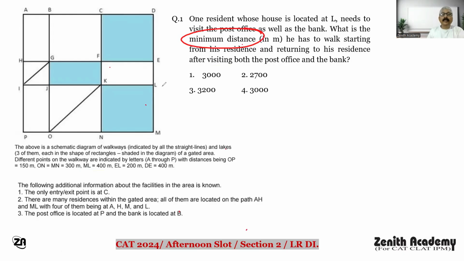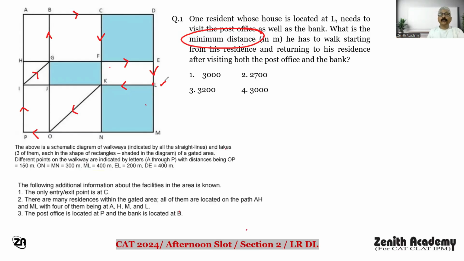Starting from L, the path is LK, then KO, then OP, then PI, then IG, then GB, then B to C, then C to F, F to E, and E to